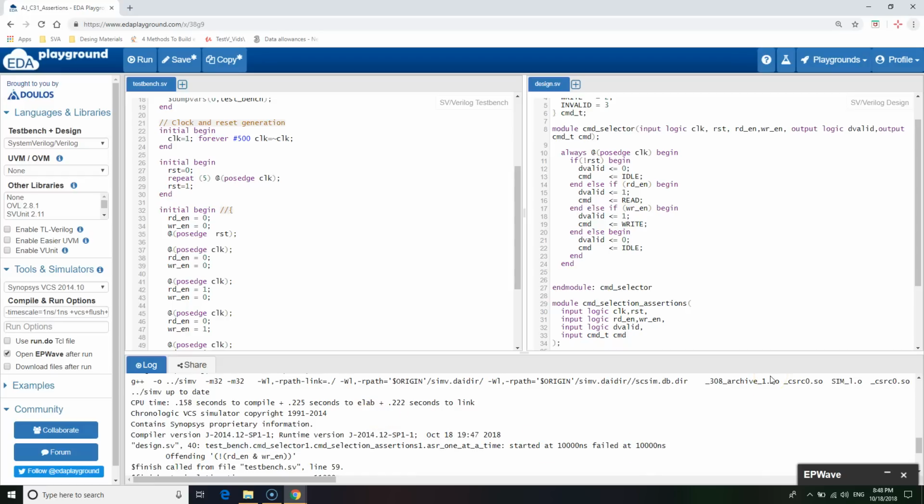Now you have completely gone through a simple example of writing assertions. So this was a very simplified example of writing an assertion. I have not covered any complex properties. So the design module was very simple. Even with this very simple design module, you could try different combinations of assertions by changing the rules as you want. For example, instead of